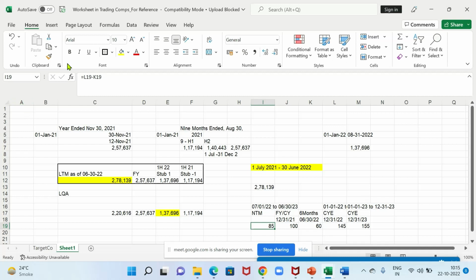Now I need the next 6 months. For the next 6 months I'm just proportionating it. Basically divide the full year by 12, multiplied by 6. So the per month number is 155 divided by 12, and for 6 months I multiply by 6. The other way is, if we don't want to, so this is one step ahead. If I just have broker reports and do a quick math, I'll divide this by 2 plus divide this by 2.